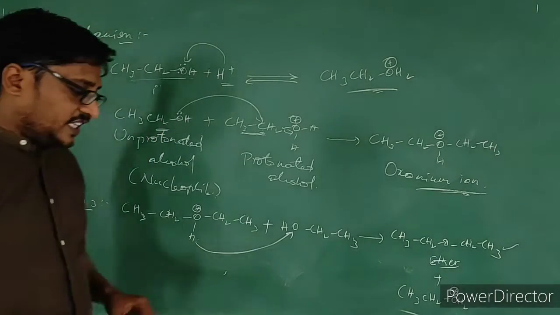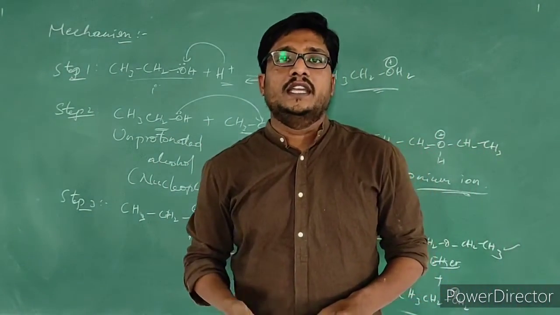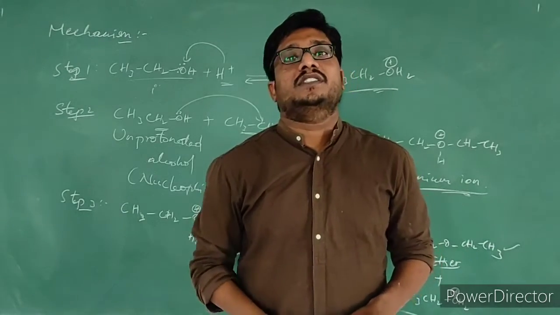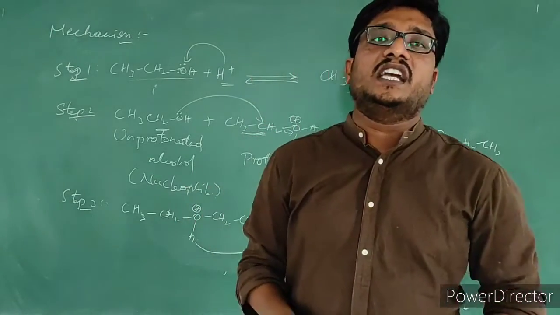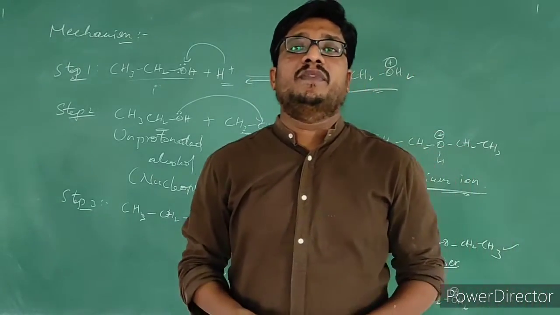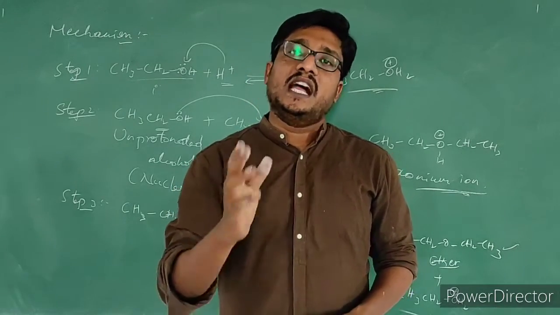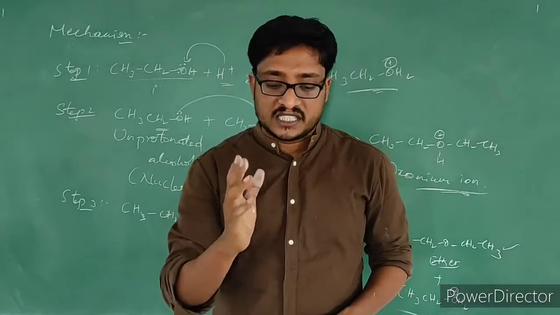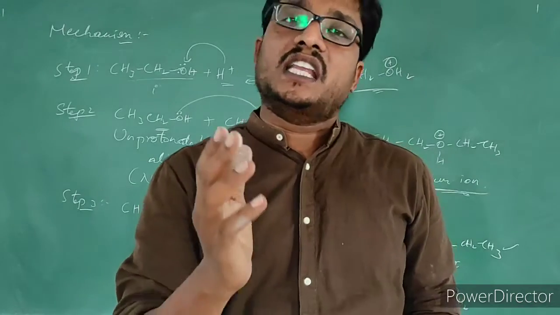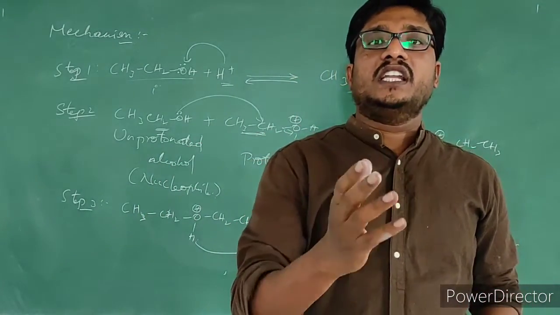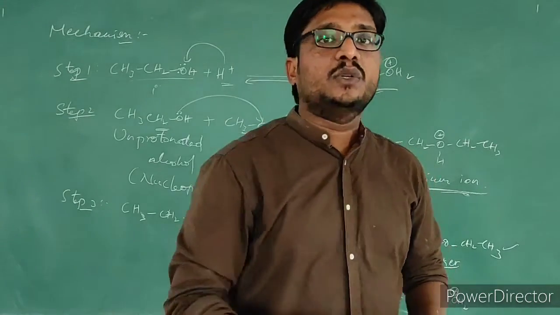When there is a change in the nature or type of alcohol, then the products that get produced will also change. In this case, we have taken primary alcohol, but when we consider the secondary alcohol or the tertiary alcohol, then alkenes will be the major products. When we consider tertiary alcohol, alkene will be the major product. When we consider secondary alcohol, along with ether, alkene will also be produced. Let us see those reactions also.